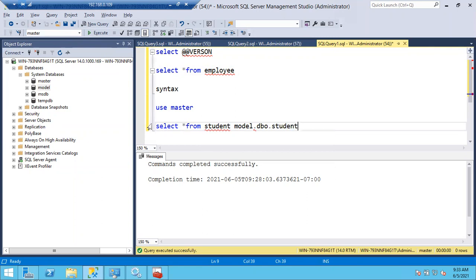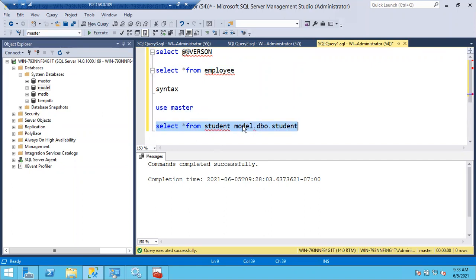Sometimes developers will run the queries like this also, without asking on which database I have to run the query. In case you don't see the database name, every database, every table, the complete name is like this: database name dot schema name dot object name. If you run like this, no need to select the database here, and no need to run the query here also. Simply you can run this query.